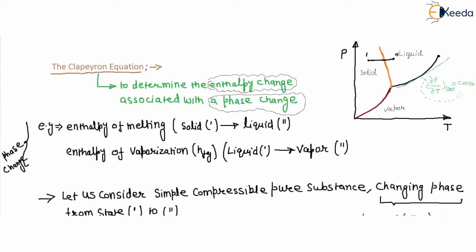If you take this line, this is the slope. If you take this line, this is your slope, ∂T over ∂P. If we take this line, we also take this line. That means there is a 1 and a 1 double dash. So what is that? ∂P over ∂T. This is the slope of this line.